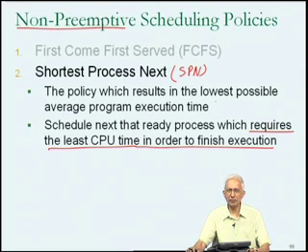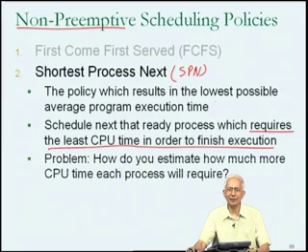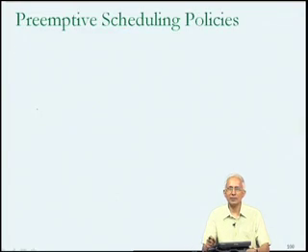It does of course suffer from a minor problem in that one has to be able to get a good estimate about how much CPU time each process will require, which often makes it infeasible. But if one is able to get good estimates of how much CPU time each process will require, notice the problem here is that this requires looking into the future and is therefore always problematic. But if one can overcome that problem, then shortest process next is a good policy because it has some good properties. But since we are not overly concerned about non-preemptive policies, let's quickly move forward and look at some preemptive